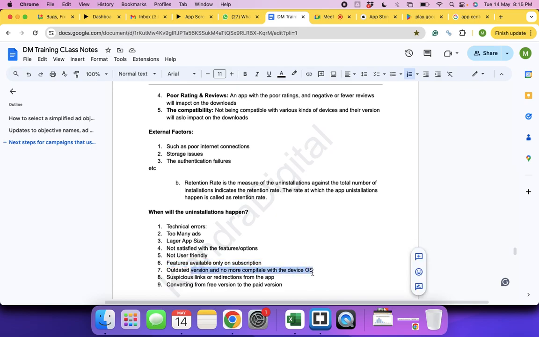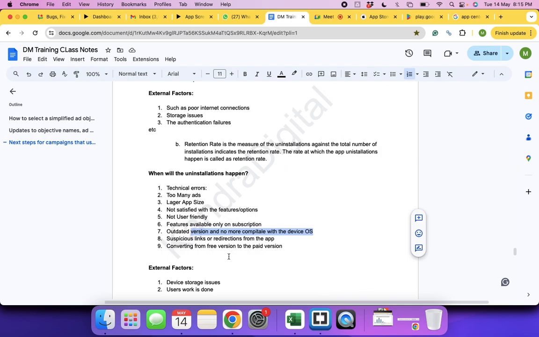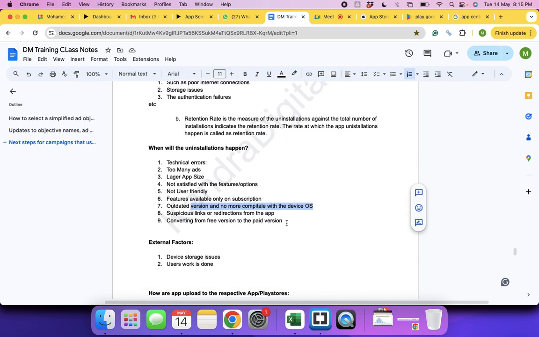Not user friendly. Features available only on subscription, outdated version and no more compatible with the device operating system, suspicious links or redirections from the app, converting from free version to the paid version, all this could make your app uninstall.